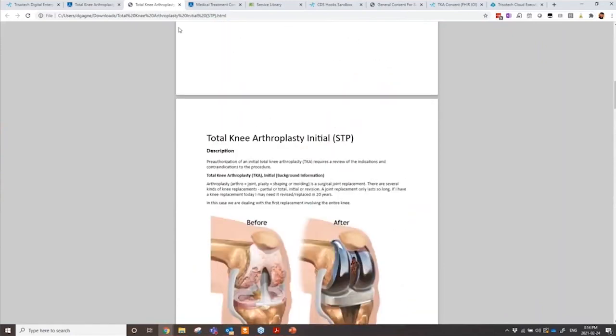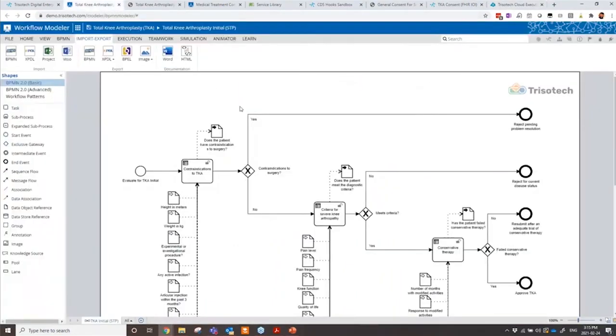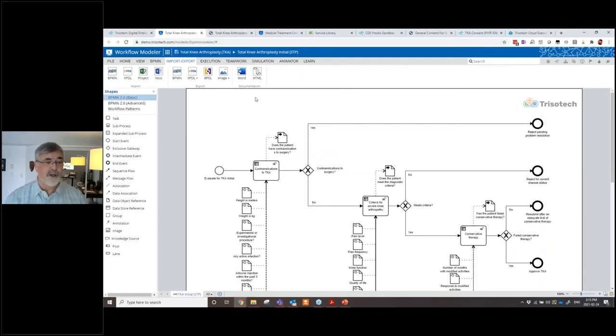So a single artifact is really all you need to manage this single knowledge artifact, which reduces a lot of problems with versioning as guidelines get improved, as we get more evidence from the automation, about maybe we're not that efficient or we don't use a few steps that we thought we would be using. Then we can go back, redesign, and we have a single artifact to update, and everything now operates in the new way. So hopefully that gives you a glimpse of what's possible using the BPM Plus Health series of standards